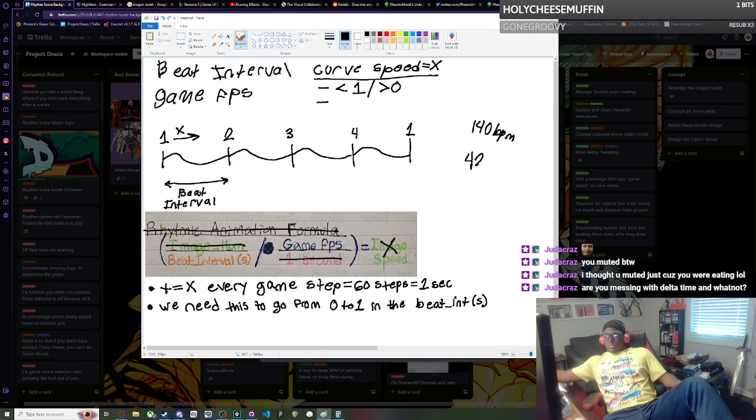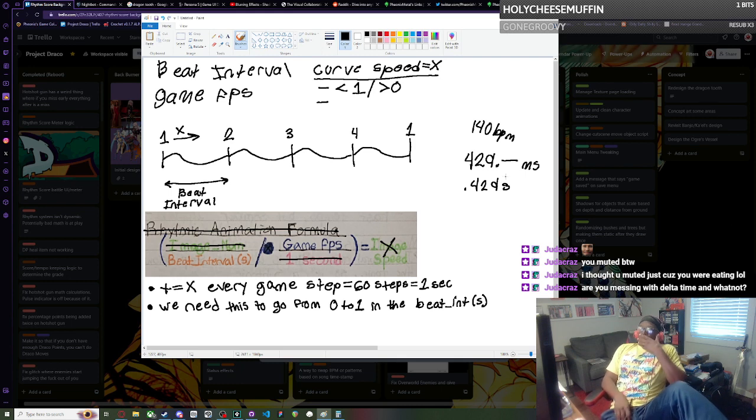4, 2, 9. So this would be in milliseconds. So it would be 0.429 in seconds. So we need this to go from 0 to 1 in the beat interval. So if the beat interval is 0.429 seconds,